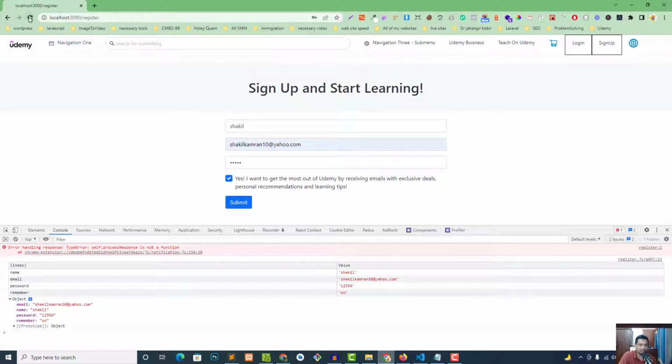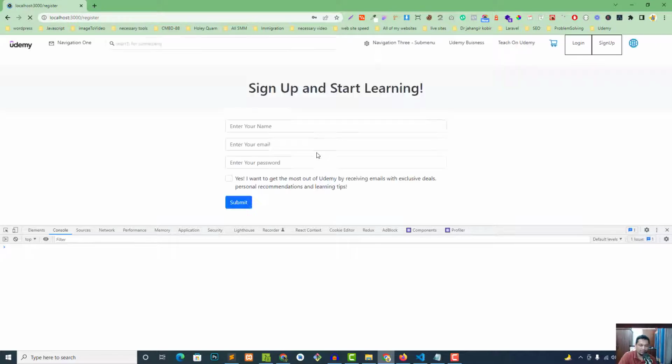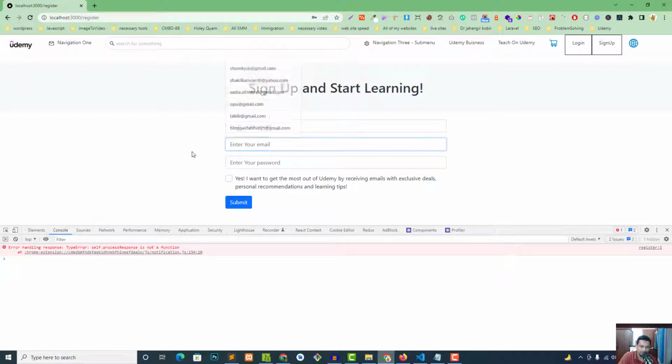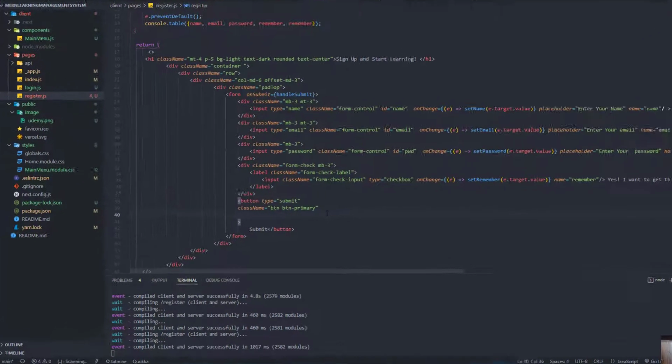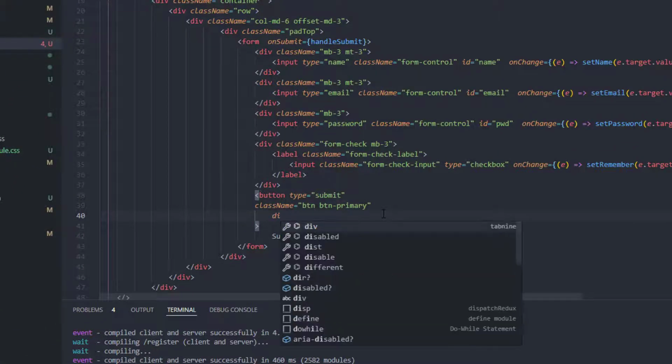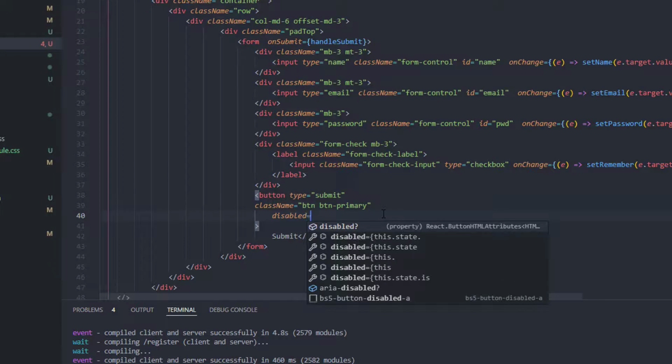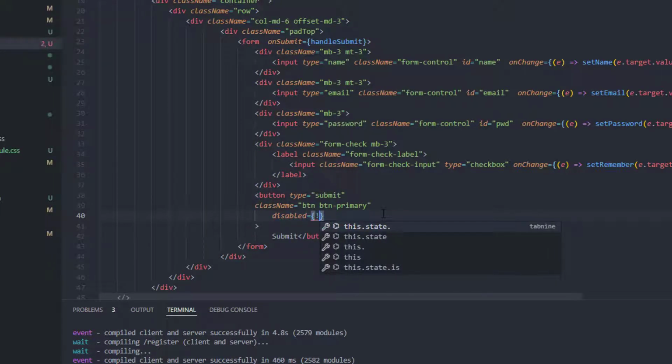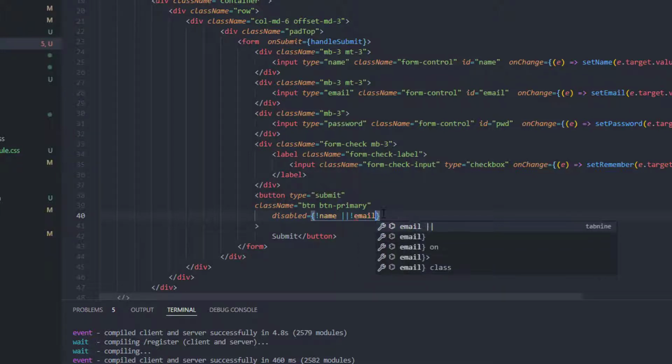So another good thing I want to do is that if any user leaves a form field empty, we want to do some validation. If someone leaves it empty, he can also pass the screening process. So we want to disable the button and force them to fill the input fields. So for that, in the submit button, declare disabled, and if there is no name or no email or no password